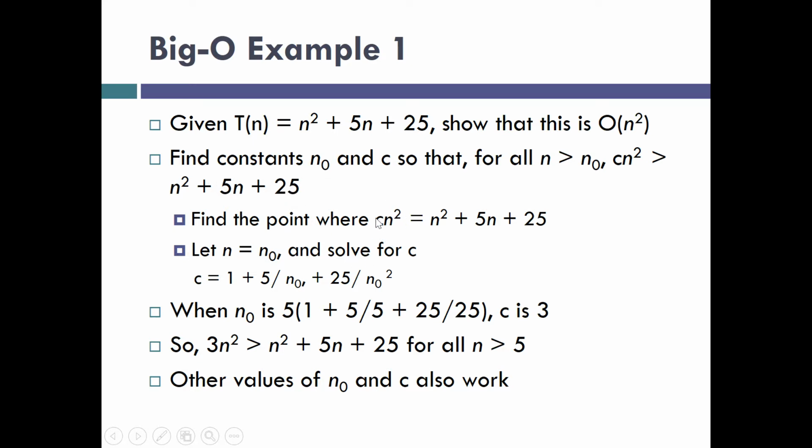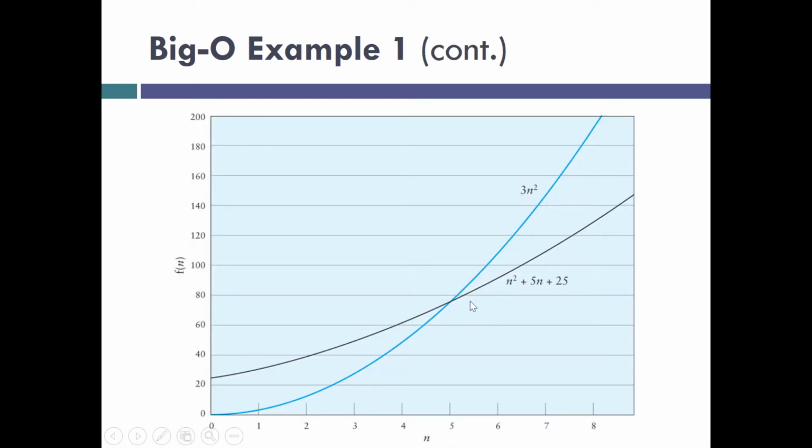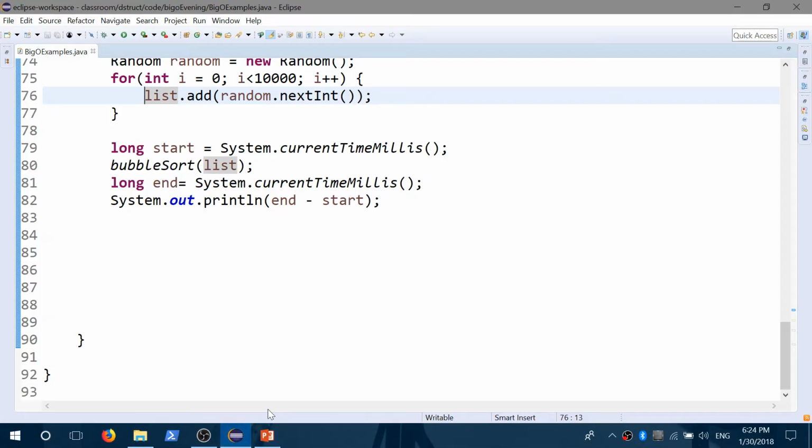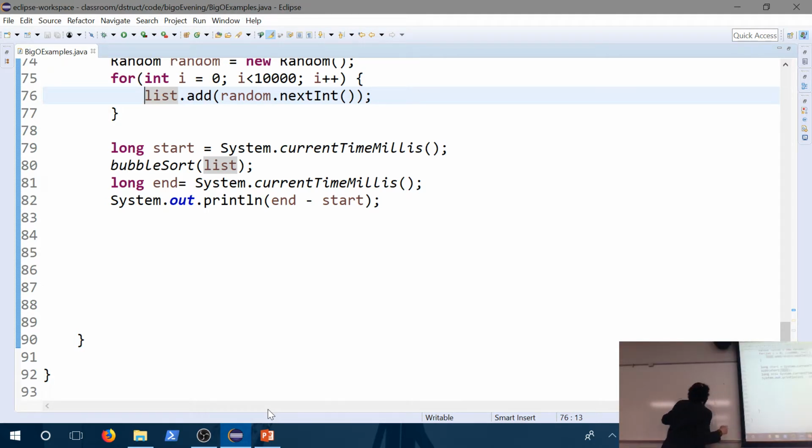So basically, we're trying to find a point where cn squared is equal to 5n plus 25. And if you work out that math, which I kind of just cheated and showed you the answer earlier, once n gets bigger than 5, 3n squared will be bigger than this number, right? Basically, we're saying that if you've got an algorithm that looks like n squared, even if it's weird and has some jitter in it right at the beginning,